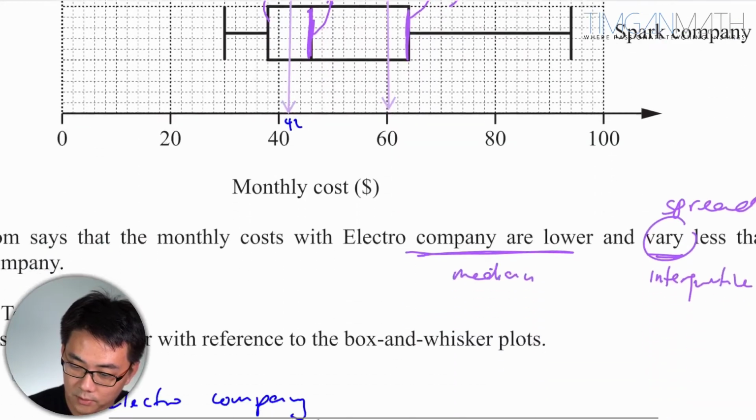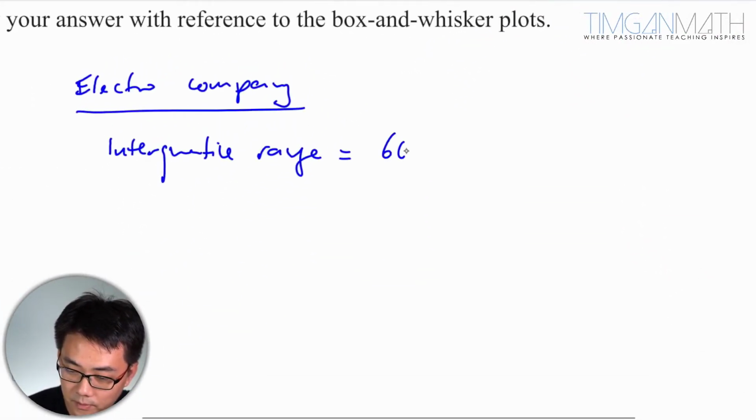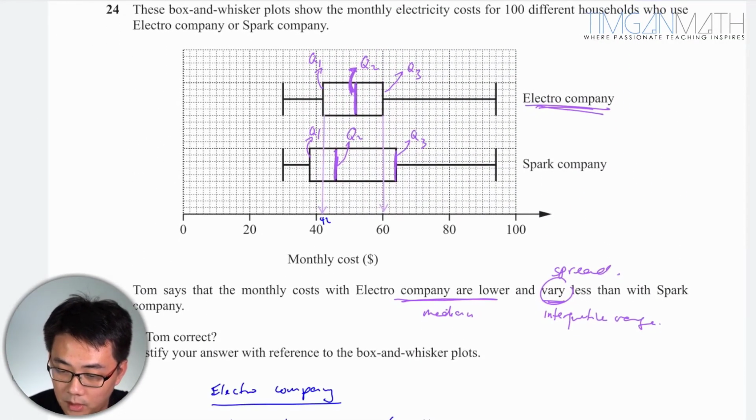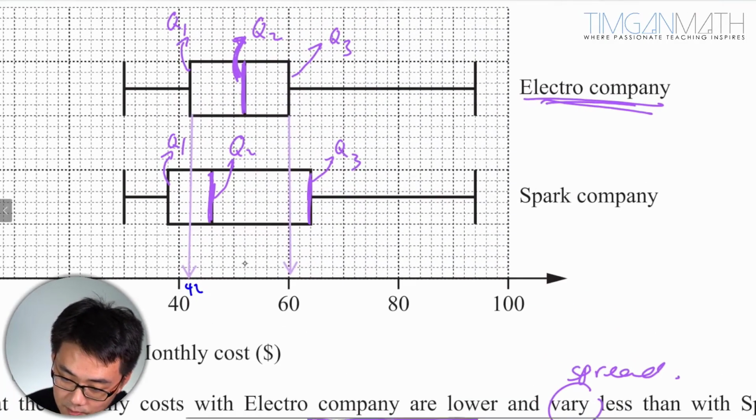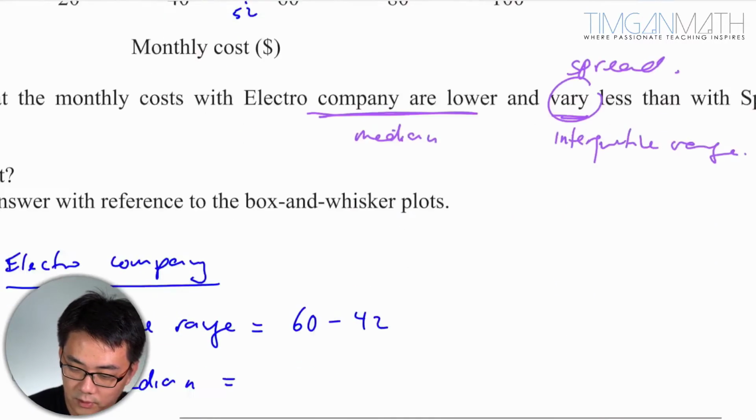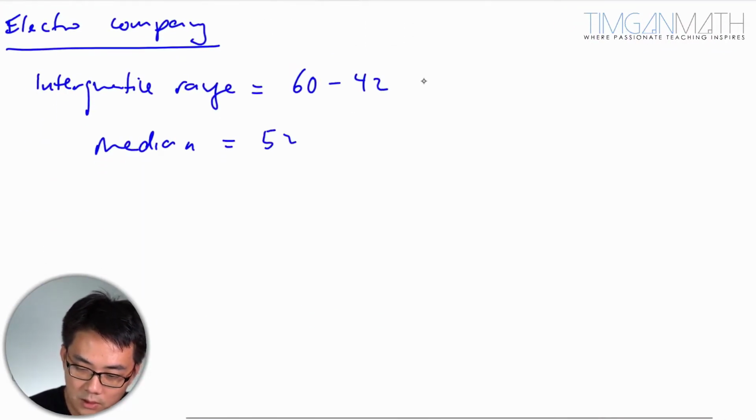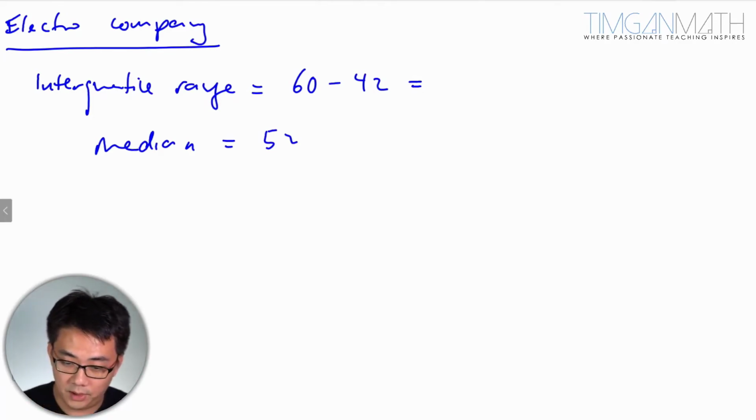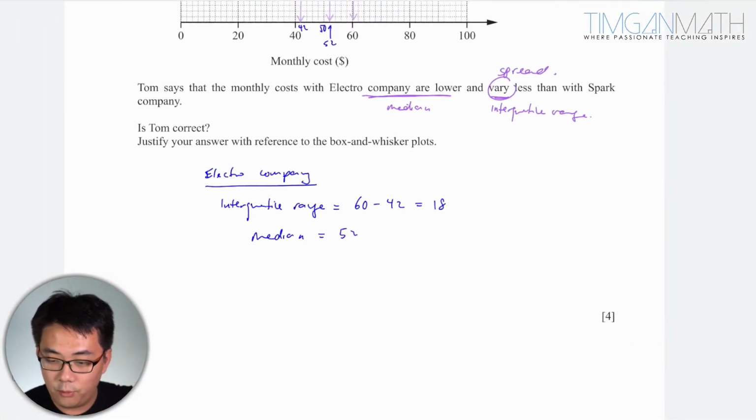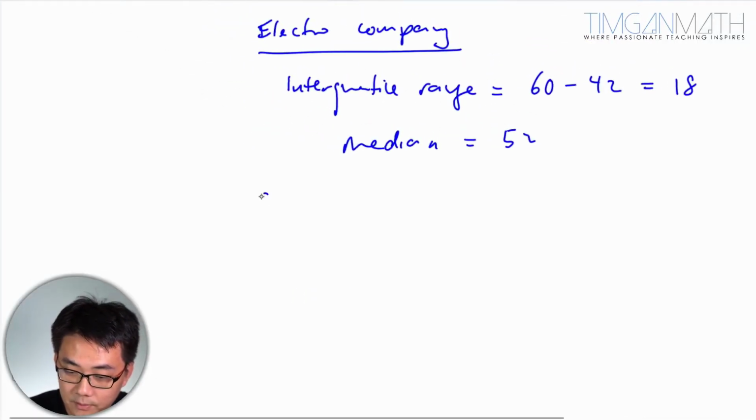60 and 42, there we go. Then the median would be this value here, which is 52. This is 50, this is 52, so it's 52. Okay, so the interquartile range for Electro Company would be 18. Whereas for Spark Company,